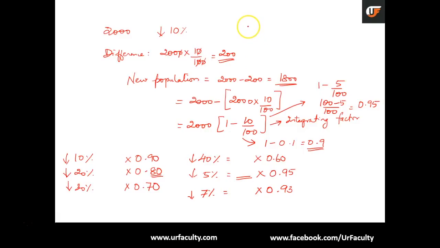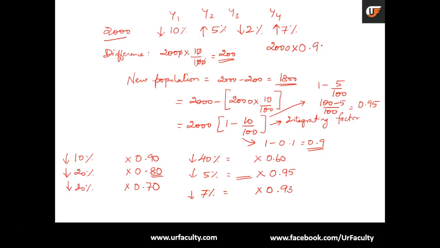Now in a particular problem, they say that the population of a town first decreased by 10%, then increased by 5%, then decreased by 2%, and finally increased by 7%, each year: year 1, year 2, year 3 and year 4. Now, you don't have to waste your time. If a calculator is already provided to you in the exam, all you have to do is this calculation. 2000 is the population,